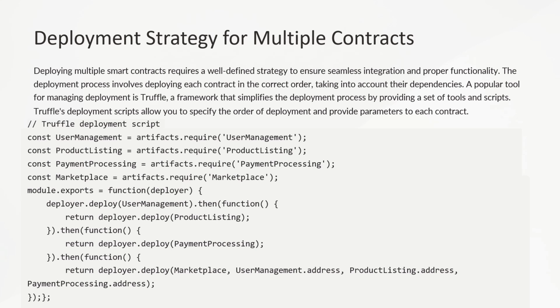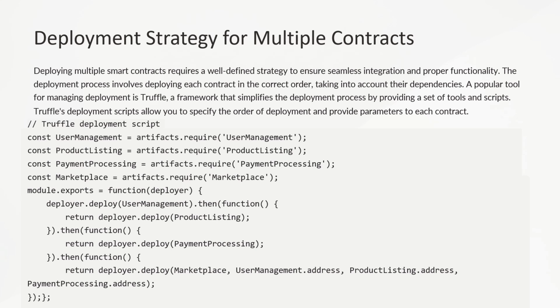A popular tool for managing deployment is Truffle, a framework that simplifies the deployment process by providing a set of tools and scripts. In the provided JavaScript deployment script for Truffle, several Solidity smart contracts, UserManagement, ProductListing, PaymentProcessing, and Marketplace, are deployed in a specific order with necessary dependencies. Contract loading: artifacts.require loads the compiled artifacts of the smart contracts named UserManagement, ProductListing, PaymentProcessing, and Marketplace. The module.exports function defines the deployment script that specifies the order of deployment and handles the deployment